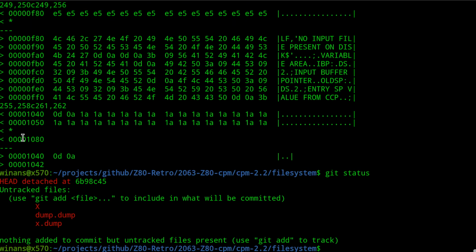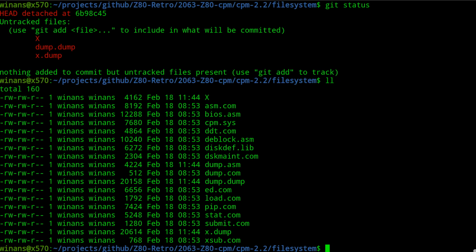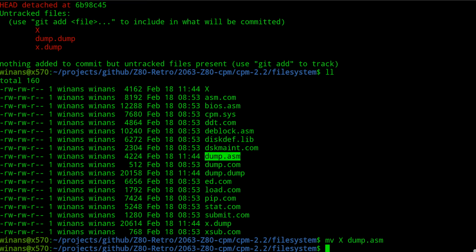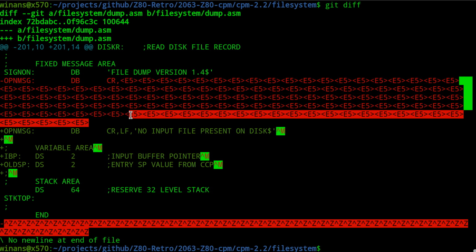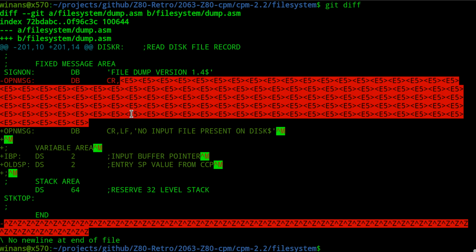We've got some extra junk files in here, but I think I fixed this file. X goes back to dump.asm. Git diff. At the source code, all these E5s are gone. Red, right, means removed, and then the green lines were replaced. And all these Control M's are the carriage return characters that are